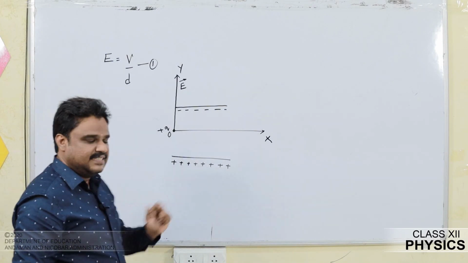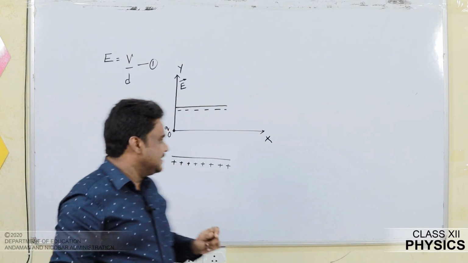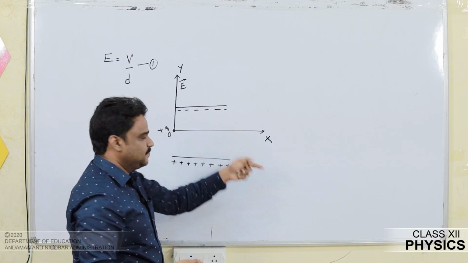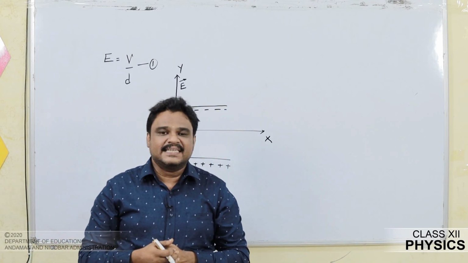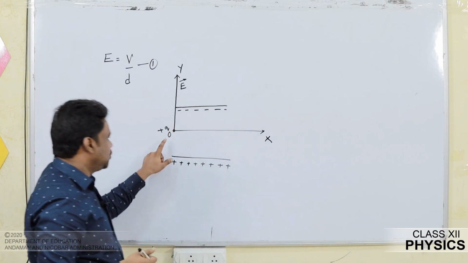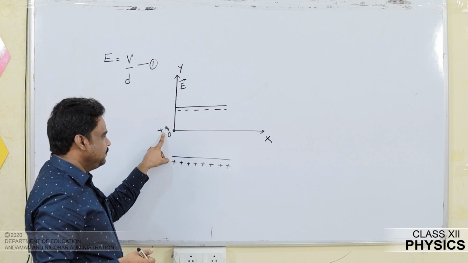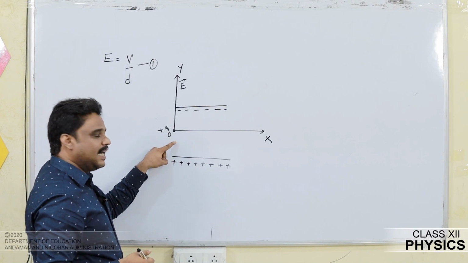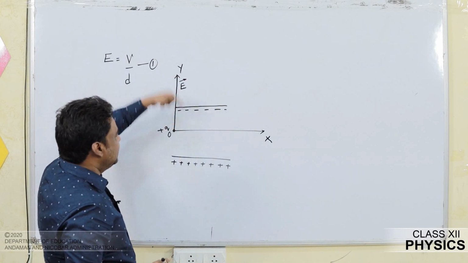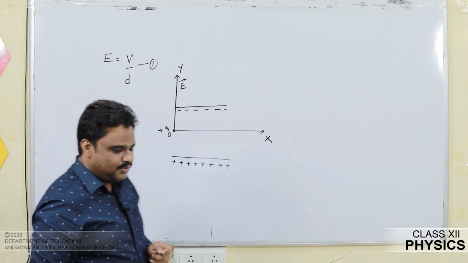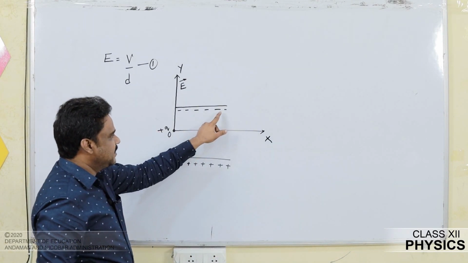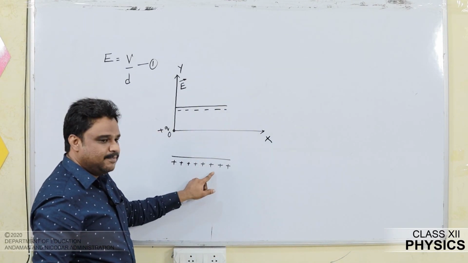A moving charge, obviously the charge is moving. It enters at point O, and it is travelling along the OX axis, that is perpendicular to the direction of the electric field. Once again, I am going to assume a charge plus Q entering the electric field along OX such that it is perpendicular to the electric field. Now you know, since it is a positive charge, surely it will be attracted towards the negative plate and it will be repelled by the positive plate.